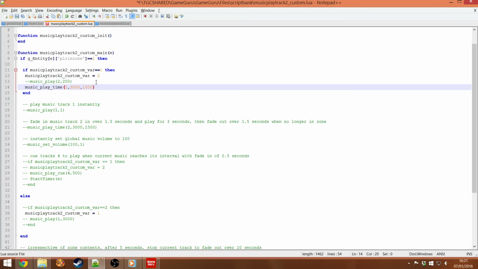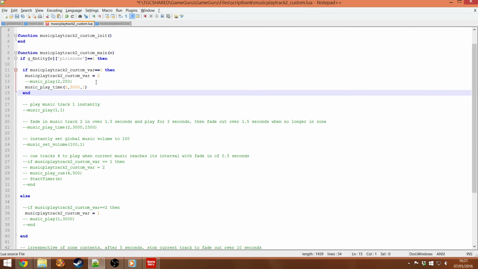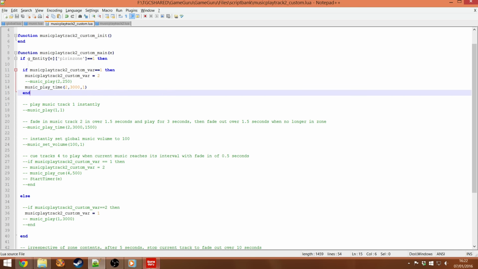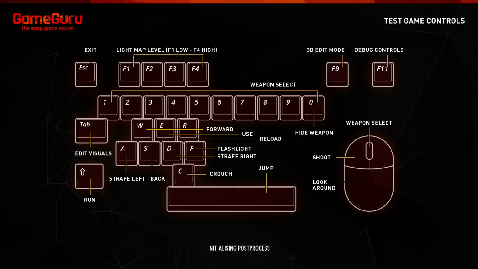So what that's going to do is play track 2, but only for 3 seconds, and it's going to fade it in over 1.5 seconds, which kind of defeats the object because you're only playing it for 3. So if I put a 1, that's 1 millisecond. That's practically instantaneous. It's going to have no transition time between the old music and this new one. But it'll play it for 3 seconds, and then watch what happens. So if I save that and run the game,